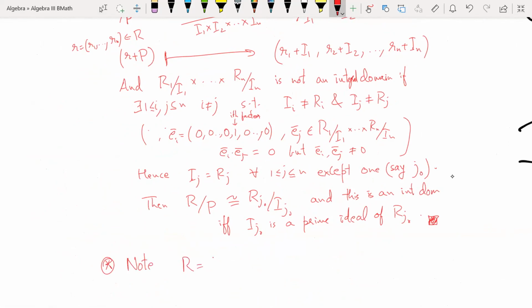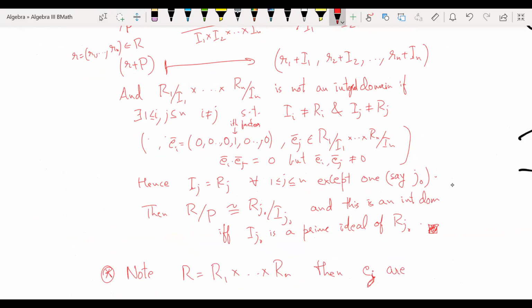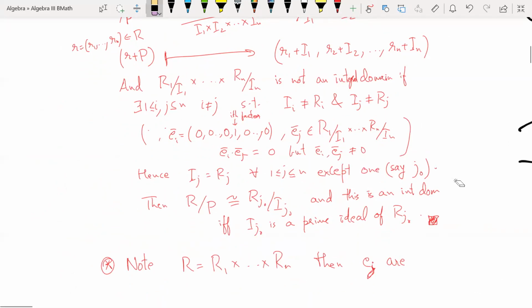If R is R1 cross Rn, then the Ej's have the property that Ej square is Ej, and Ei times Ej is going to be 0,